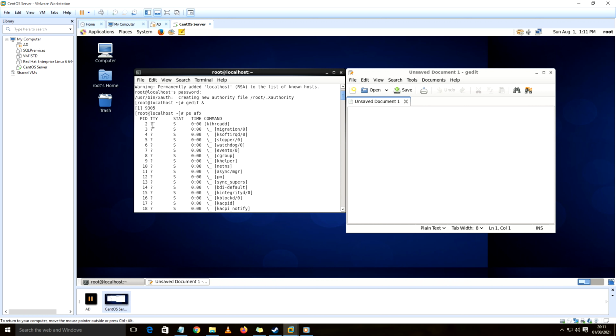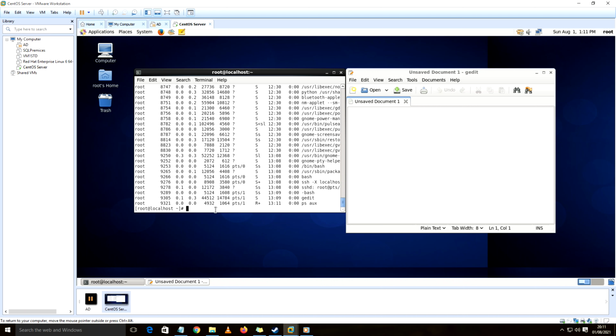I'll just show you how ps aux looks. It is going to give you straight information: the PID, that is the process ID, the TTY, which is nothing but the device name, which is completely empty, the status, whether the process is in running state, sleeping state or zombie state, then the time at which the process was started, and the command by which the process was started. This is the output that comes from ps aux.